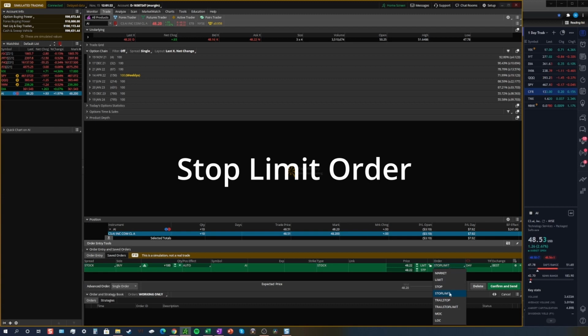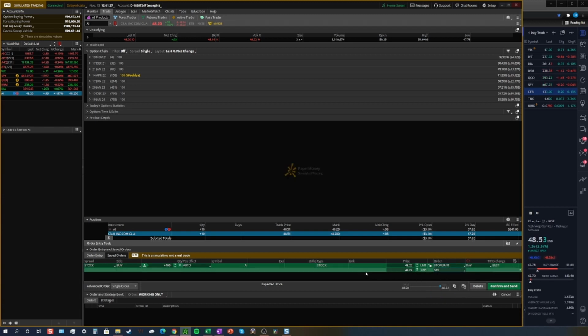Okay. So stop limit order, stop limit. You select that, and then you'll notice it looks very identical to the stop order, except you actually get a price box here. So it's kind of like this bottom row down here is the trigger. Okay, so this is the trigger down here. And up here, this is your order. This is your actual order. Okay, so let's go ahead and fill in something here like